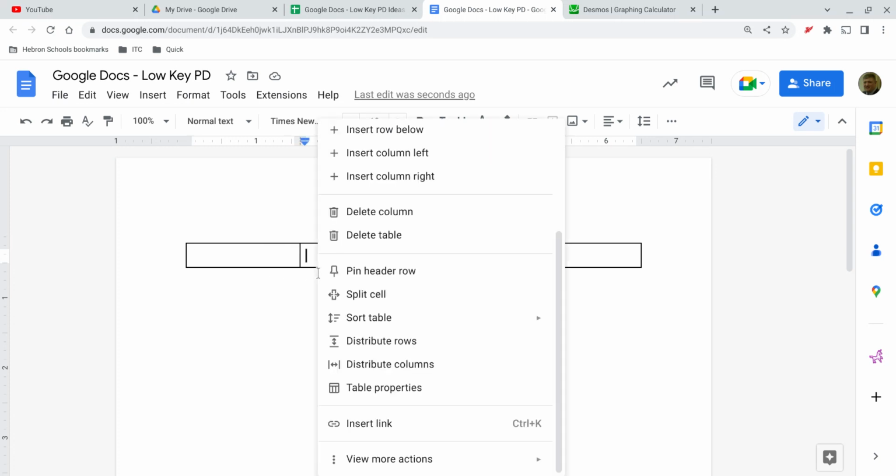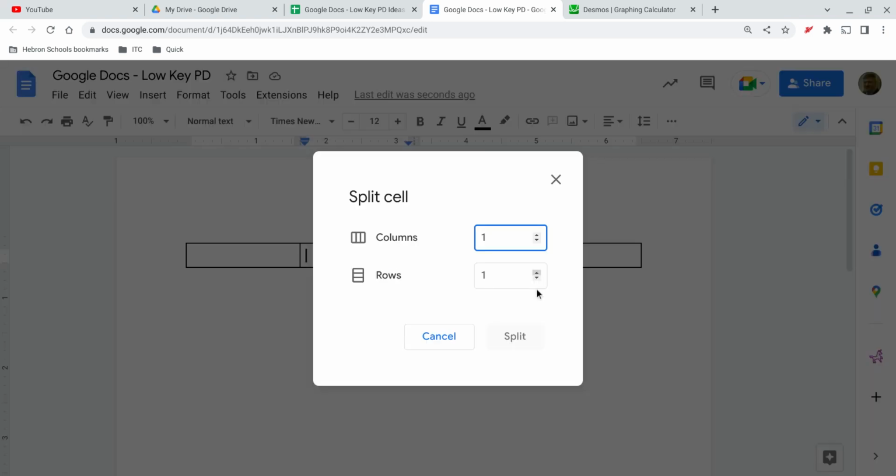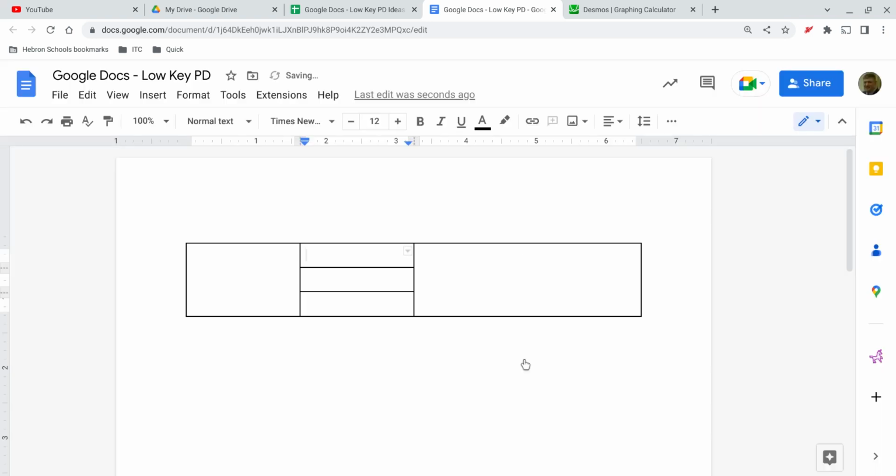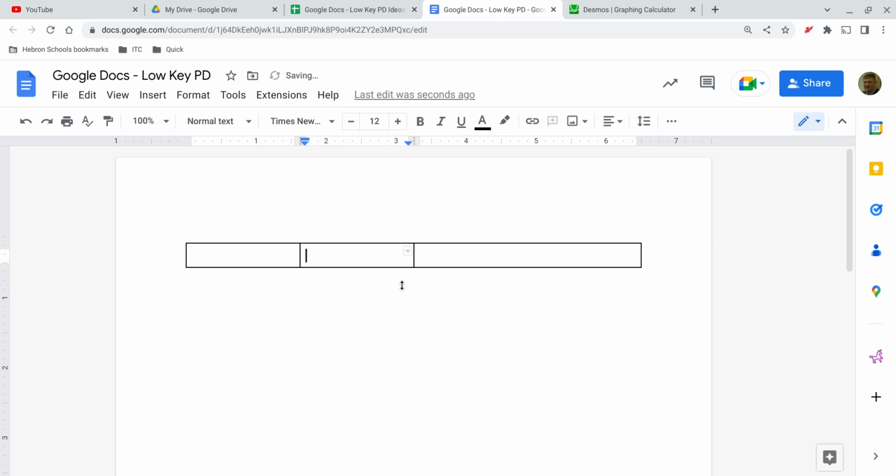And then, let's say I want to split the middle cell into 3 rows. All right, and now I have this interesting little table that doesn't really look like a grid, but it does have this interesting structure to it, and I'm going to show you how you can take advantage of this structure. All right, so I'm going to undo what I just did, and I'm going back to my 2x1, and